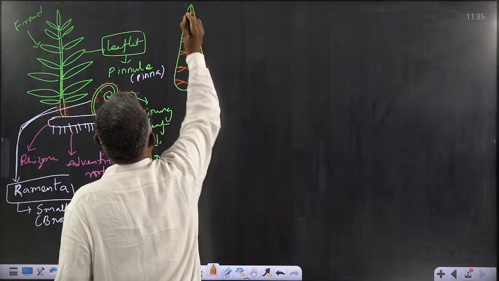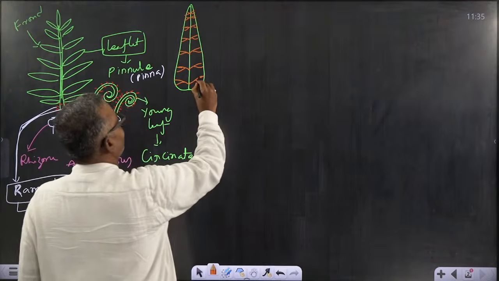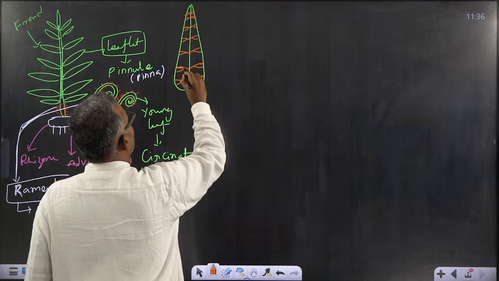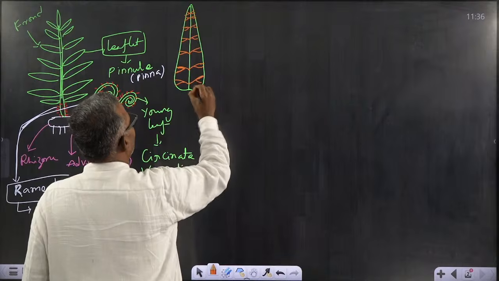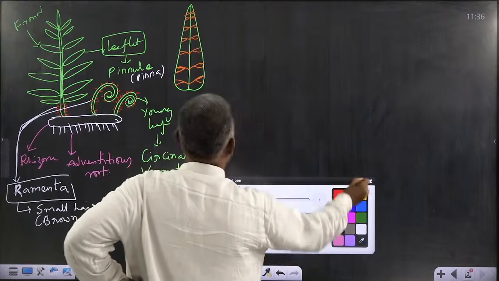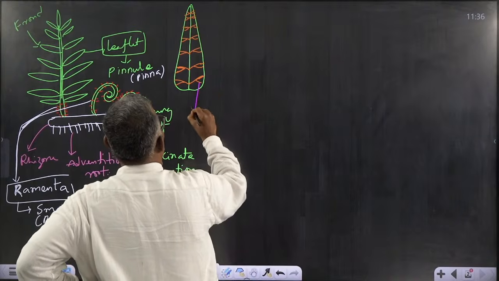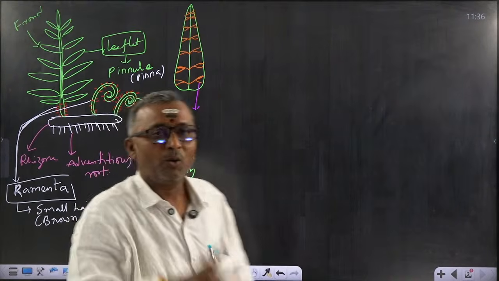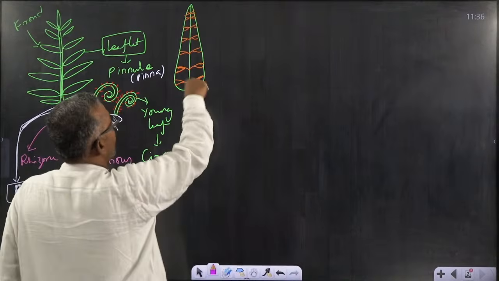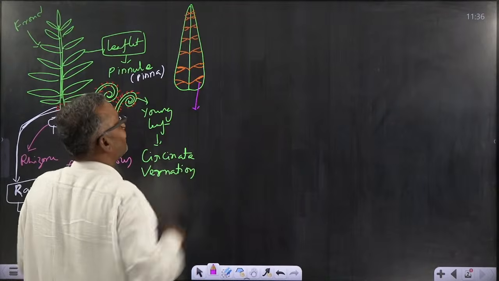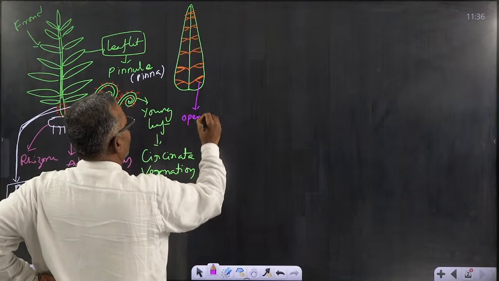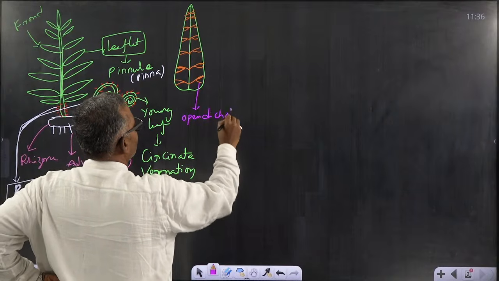Now, do you find any difference here? Any difference from the lateral veins that you observed in your NCERT book while explaining morphology? Yes, there is a difference. In this, the tip of the lateral vein is broken into two branches, and these two branches are not joining, they are diverging. Therefore, it is called open dichotomous